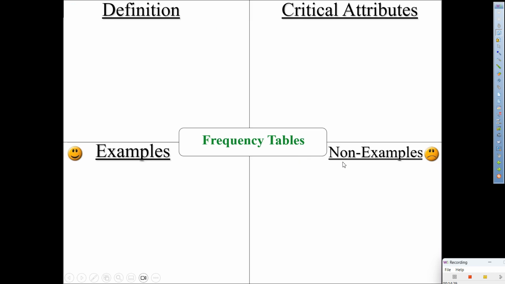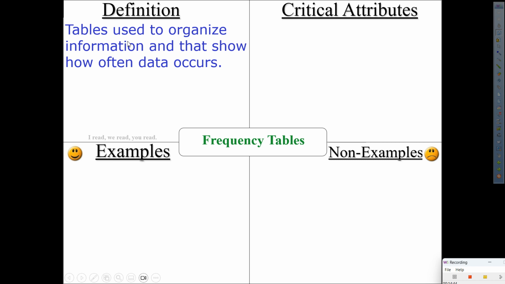Here we go. Frequency tables. Today's main idea, frequency tables. Today we're going to be looking at two types. I'm just going to first clarify what they are, and then we're going to go into the two types later. What are frequency tables, Mr. Q? Definition. Tables used to